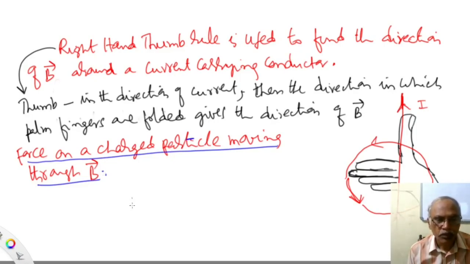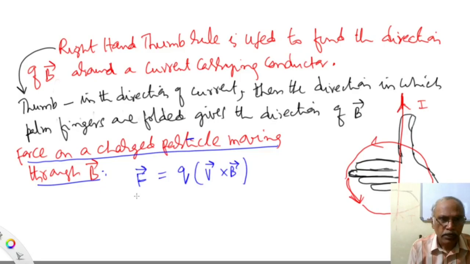Important. This relation is important for CBSE examinations. Suppose a charged particle is moving through a magnetic field. When a charged particle moves through a magnetic field, the particle experiences a force. So the force on the charged particle is given by the formula F bar is equal to Q into V bar cross B bar. If you write only the magnitude of force,